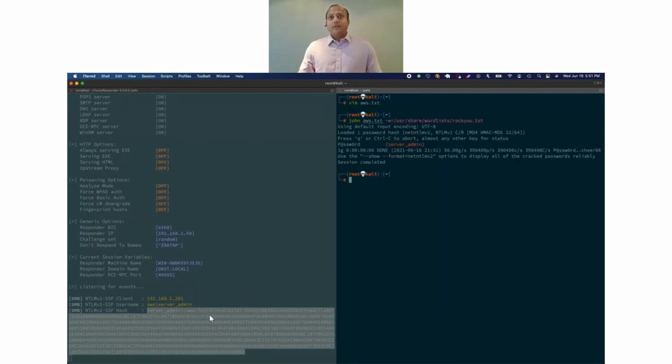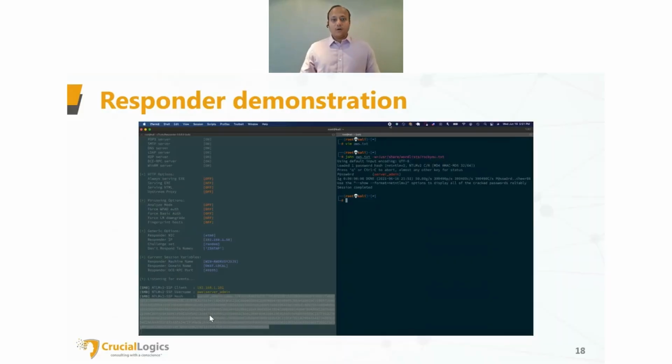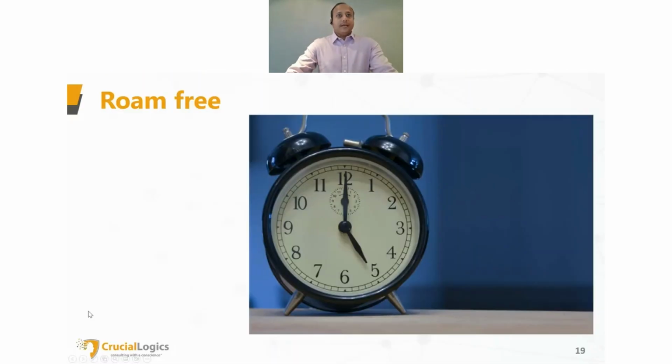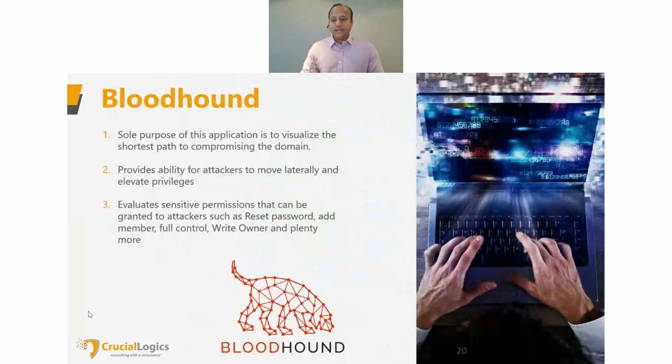So here it is. The Responder tool has now cracked the password for a file share there, right? So then what happens here is now you're allowed to roam free because you have multiple passwords and you have the entire network at your beck and call. So then the next tool that the attacker launches is called Bloodhound. And the sole purpose of this tool is to